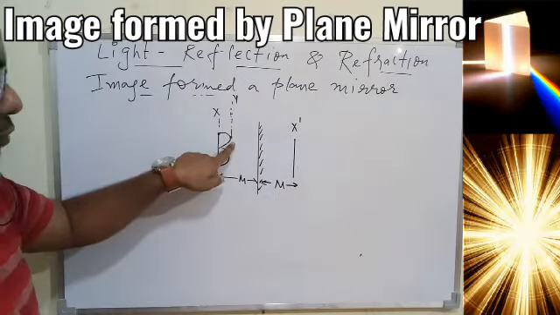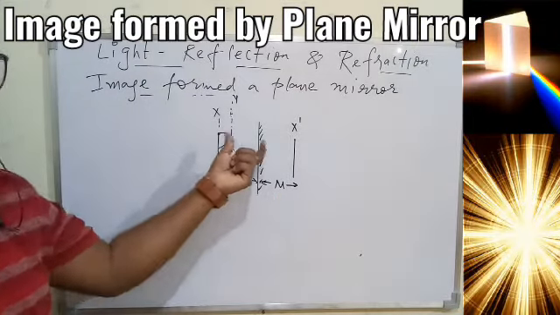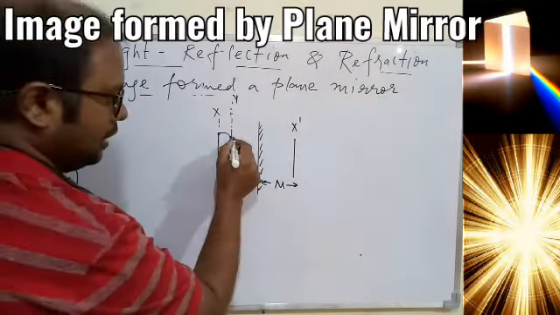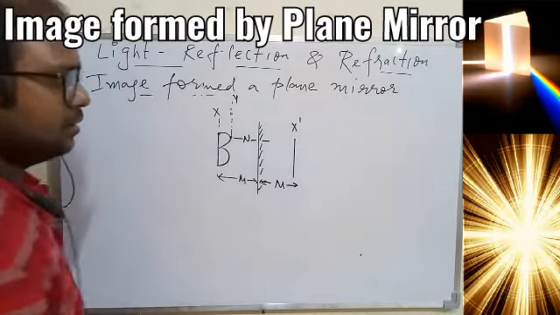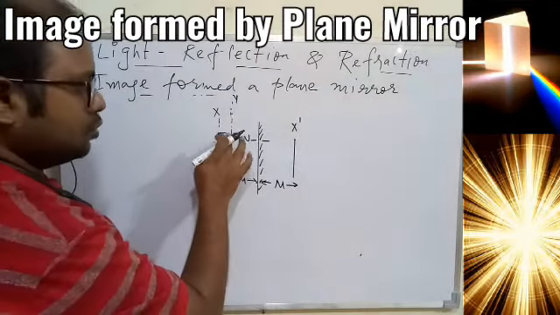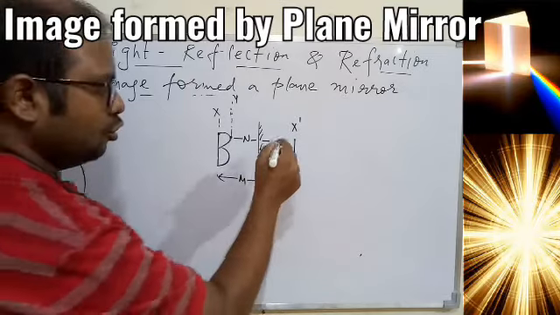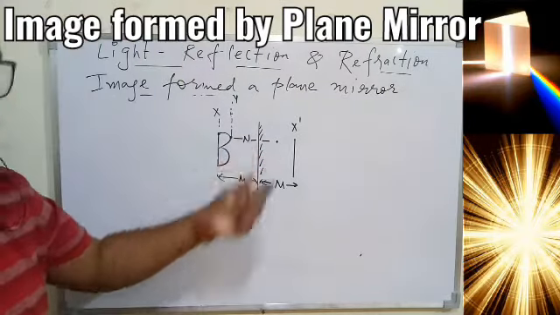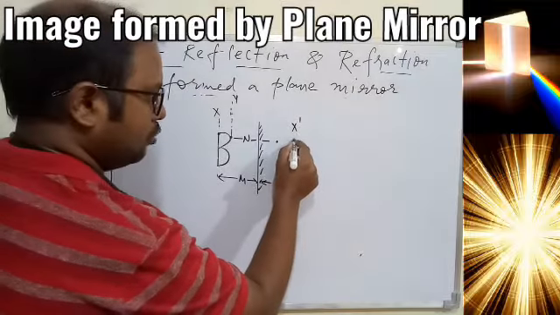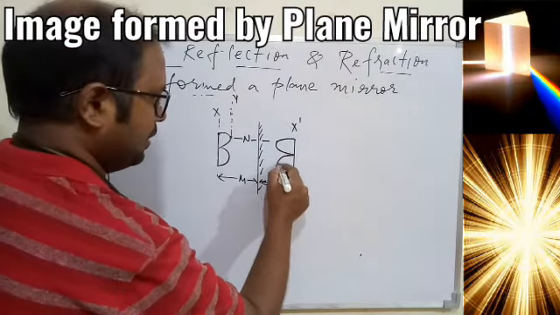Now for point Y, we know image has to be at the same distance, that is, if I say this is your N distance, so at the N distance the image should be formed. So it is understood this point will be shifted this side. So overall this point will come here, only then this distance can be same. So we can say the image so formed is something like this.